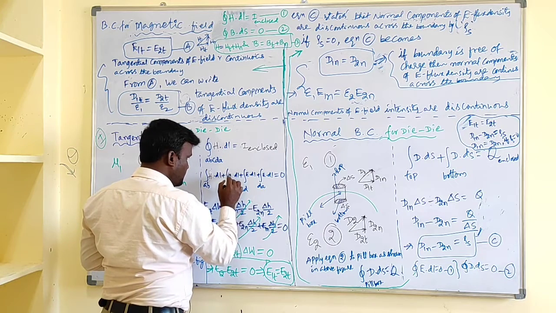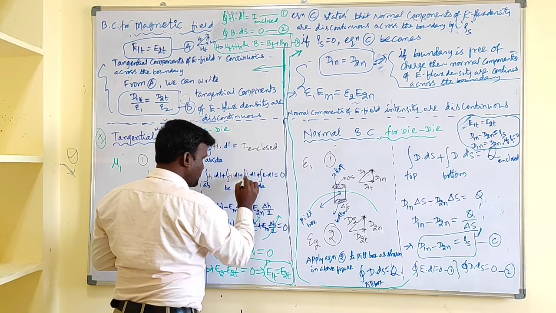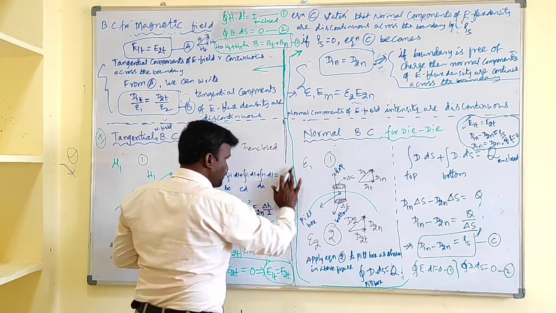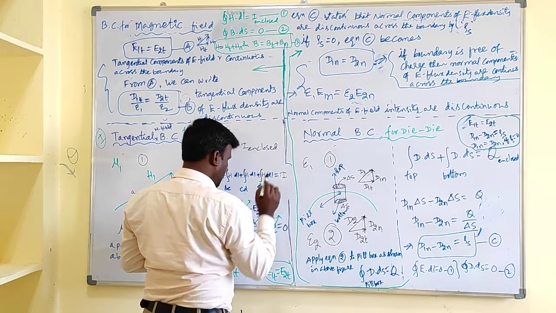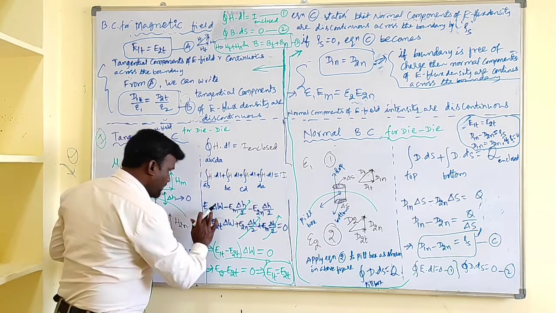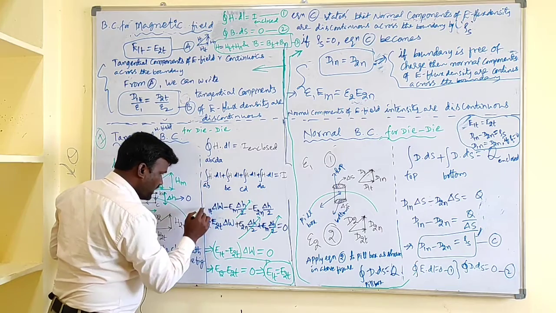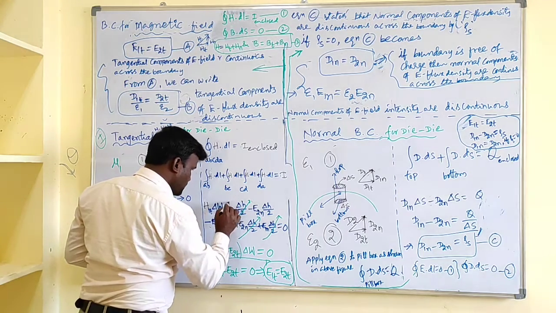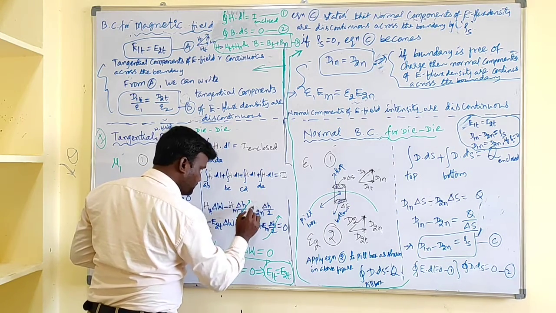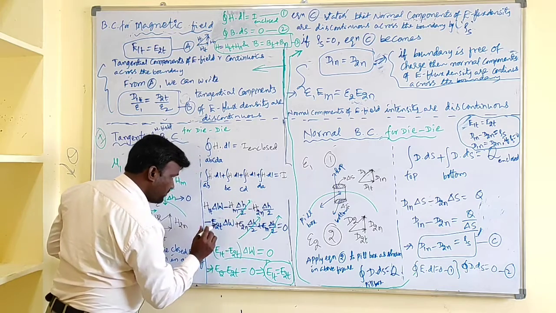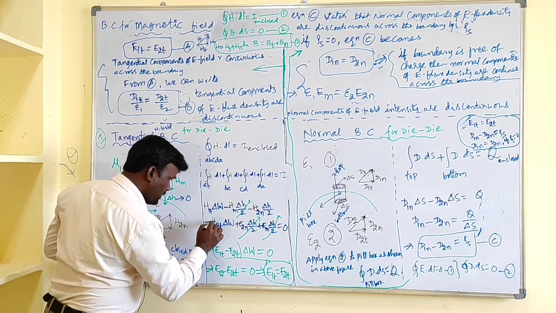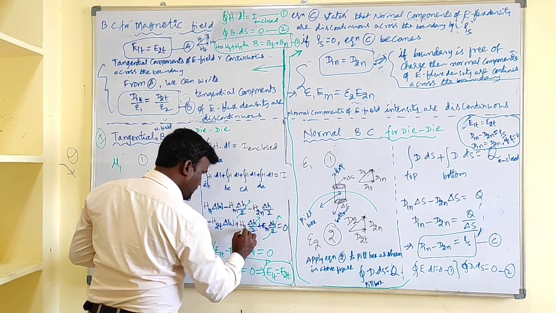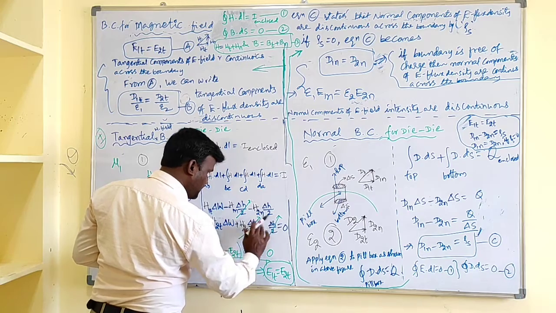So this is H dot dl, and this is also H dot dl, but it is not 0. So it should be replaced with I enclosed, or simply I. For A to B, the tangential component is H1t. Simply we replace E with H. So this is H1n, and it is H2n, and the remaining is the same, that is H2t, and here H2n, and the last one is H1n.